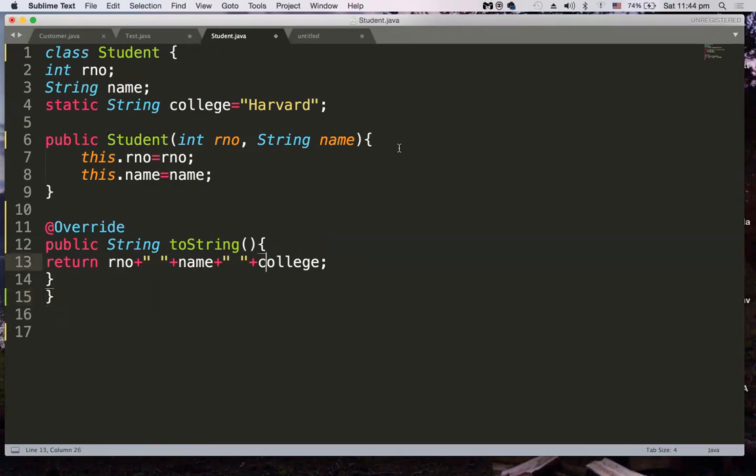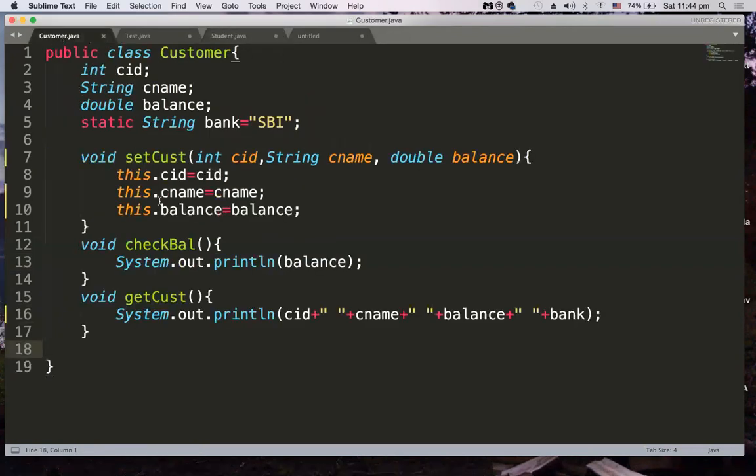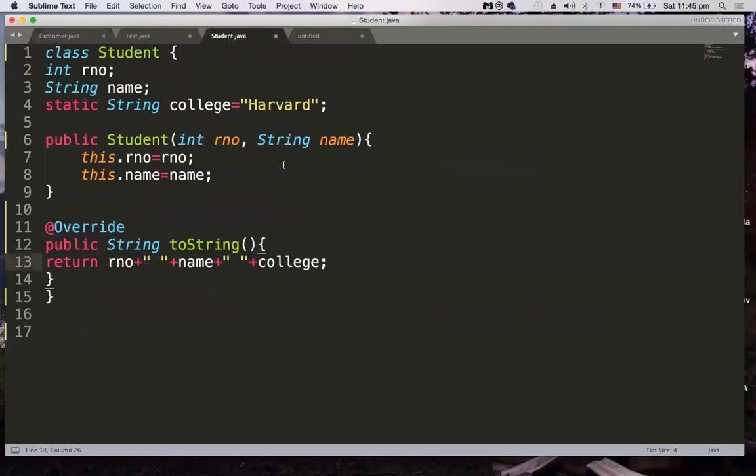So when you compile, you have 3 data members and 2 method members, whereas in customer you have 4 data members and 3 methods directly, and 1 constructor will be supplied, so 4 method members. So this is how the classes are organized. Now I have not created objects. These are just abstractions. Customer.java is an abstraction and student.java is an abstraction, because in reality no student, no customer exists. They are just logical.